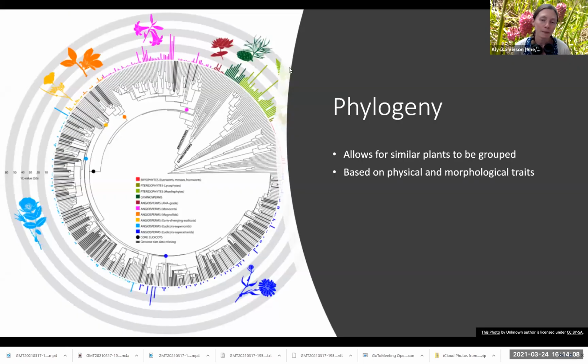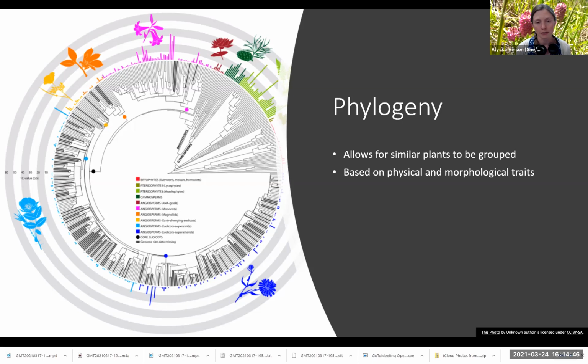Now we separate plants into many different groups according to a process called binomial nomenclature or phylogeny. You know, it's essentially just the kingdom of life, right? The tree of life. And we've all seen how that plays out, right? You have kingdoms, phyla, and then you get all the way down to your families, genus, species. And that's where you suss out these different characteristics that the plants have, and then they are grouped